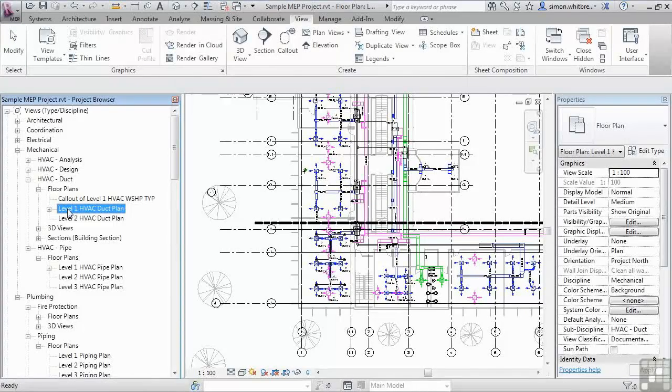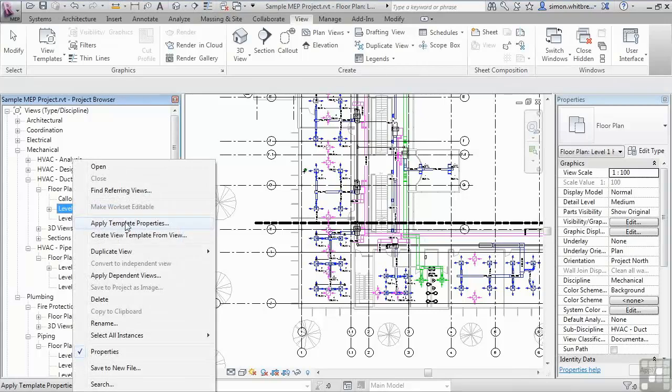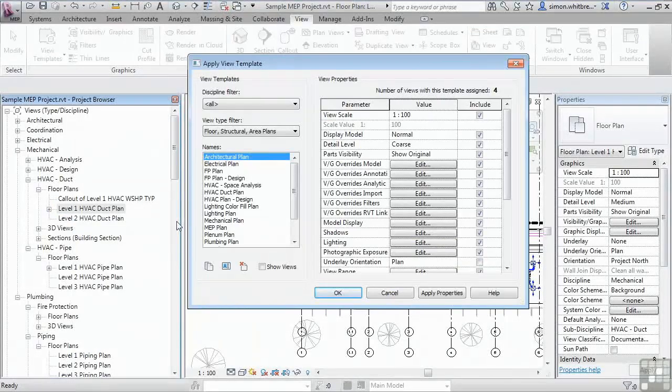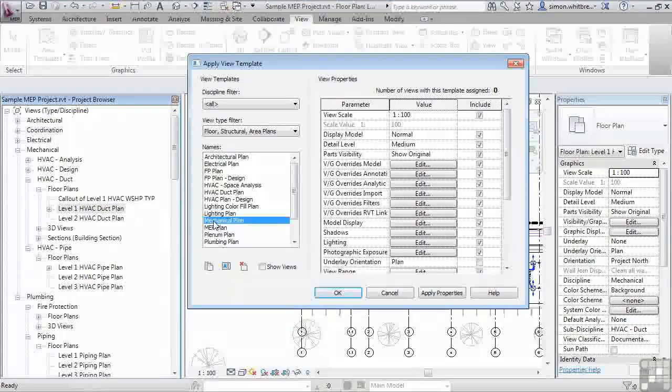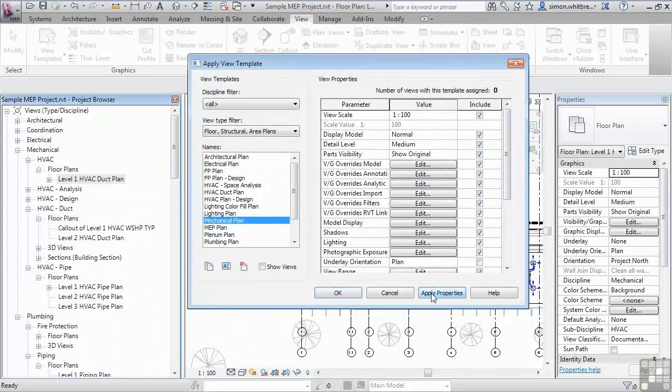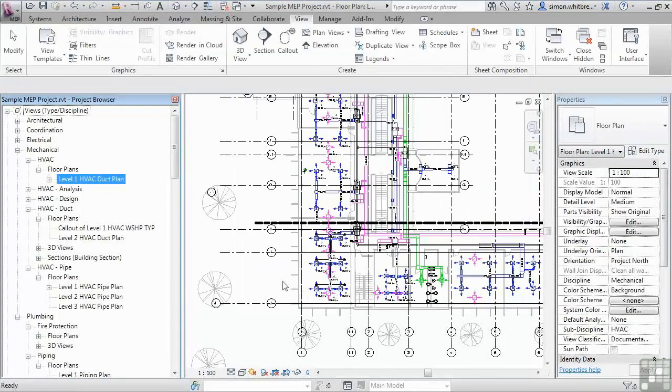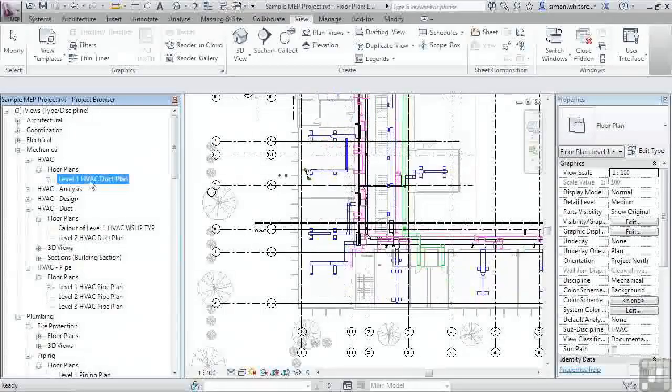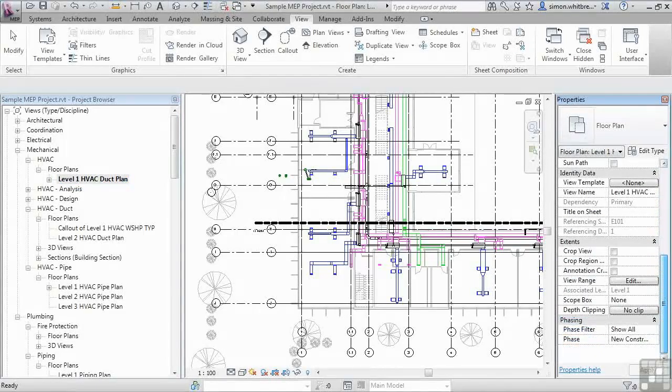Just as in previous releases, I can right-click and apply Template Properties, only this is slightly different to the previous versions. Applying the properties is just like applying the view template in previous versions. If I click on Apply, it changes the properties of the view, but the view template doesn't persist with this view. If I want this behavior to be persistent, from the Properties palette, I can scroll down until I find